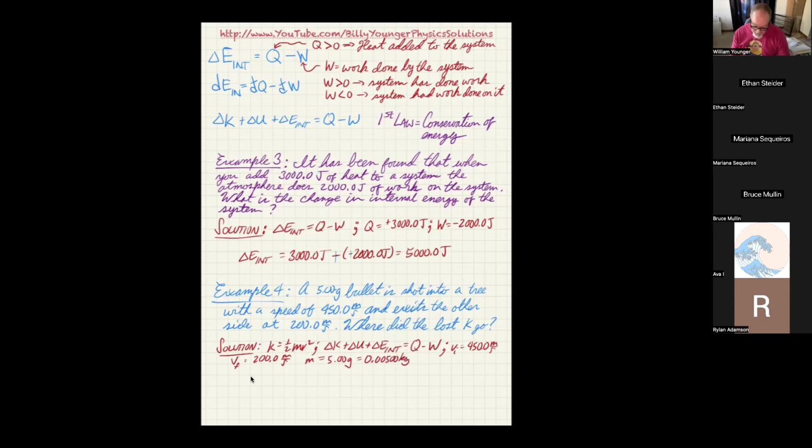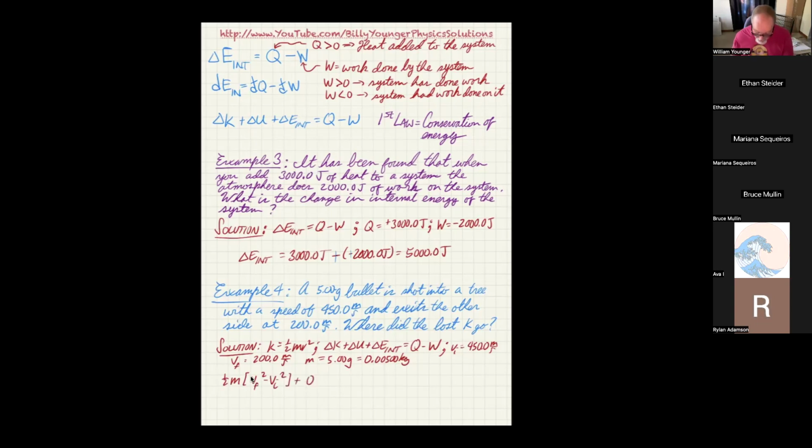Okay. So we can write it out as follows. We're going to say 1/2 m. Now I'm going to put parentheses around here and say this is V final squared minus V initial squared